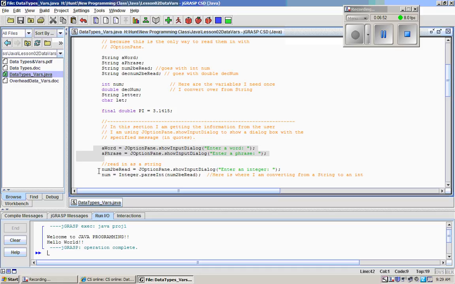If you want to use it as an integer or something like that, you still have to read it in as a string. See, num to be read is a string. But then I'm going to convert it, or in Java we call that parsing. So I'm going to convert num to be read into an integer number. So see how I have num here,